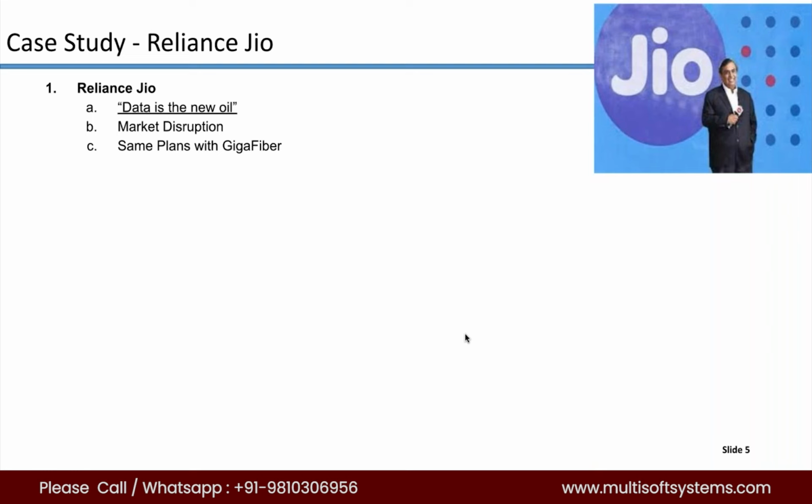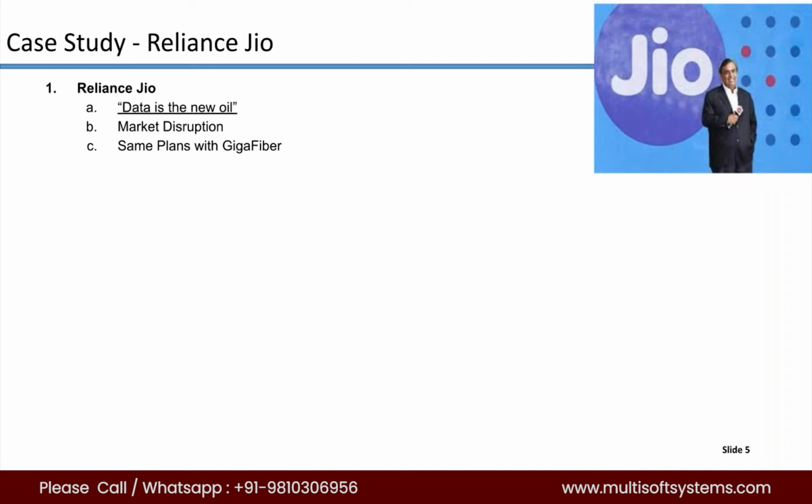Right, and they came up with this analysis, and that kind of analysis is something related to data science, and I wouldn't dwell much into that right now. It's a topic for another data science training. But the point is that they were able to come out with that insight by analyzing and storing a crazy amount of telecom data, and taking calls around it. So data is the new oil. That was the statement made by Mr. Mukesh Ambani. And what happened after that, right?